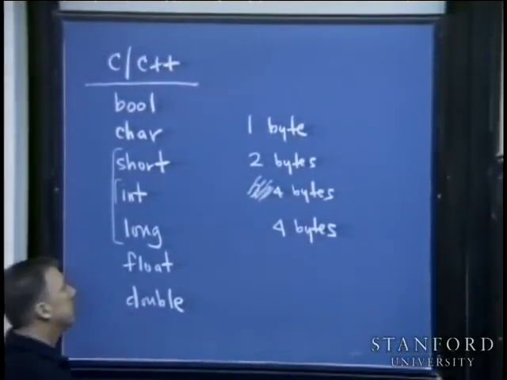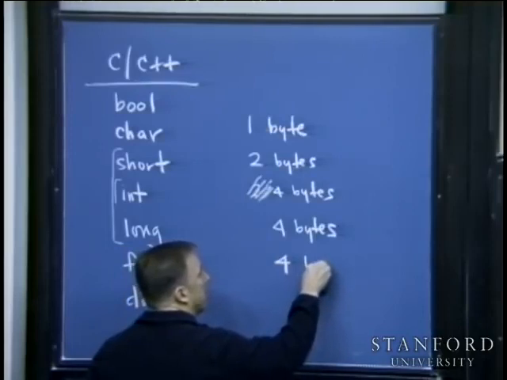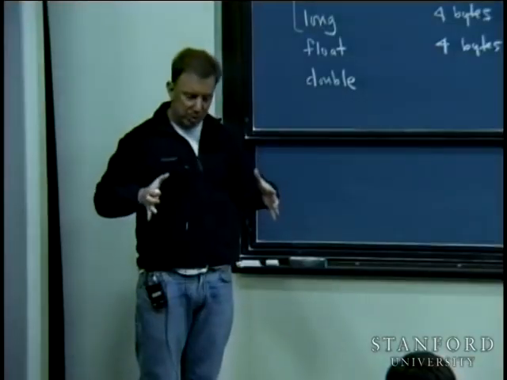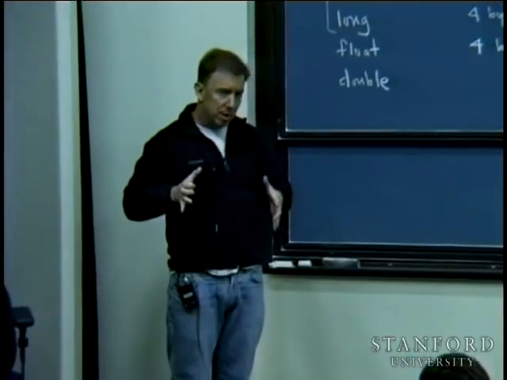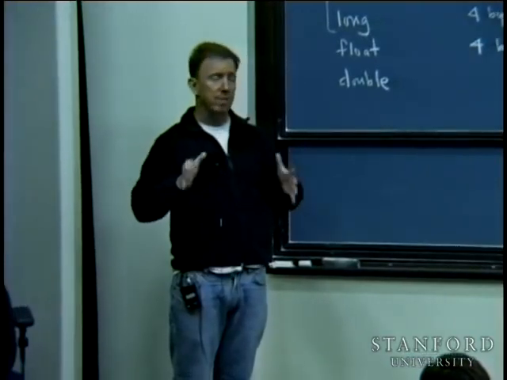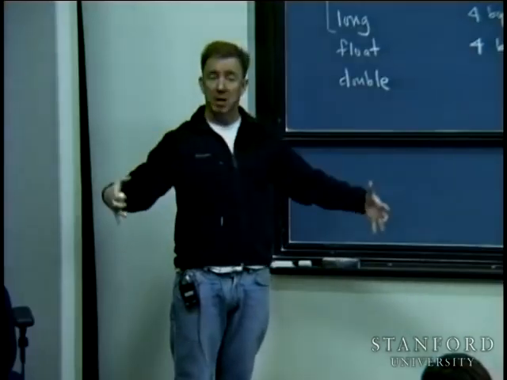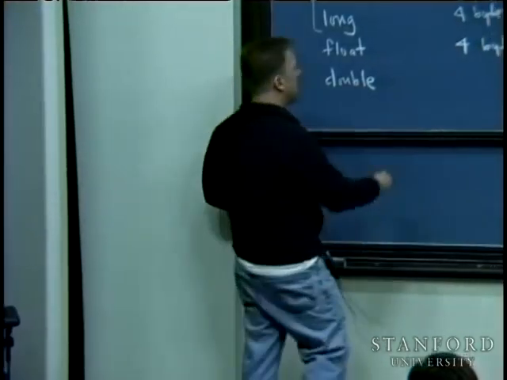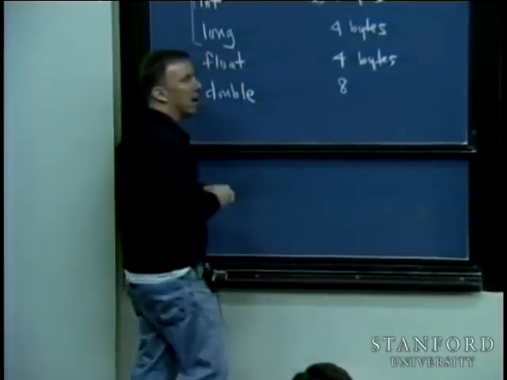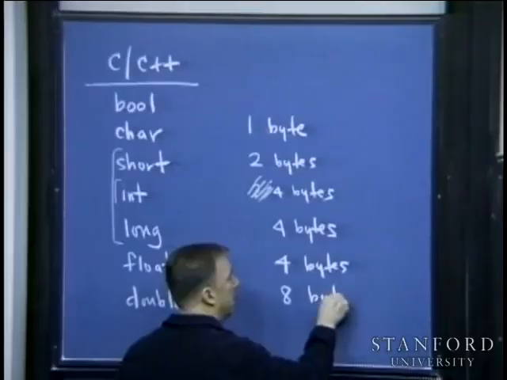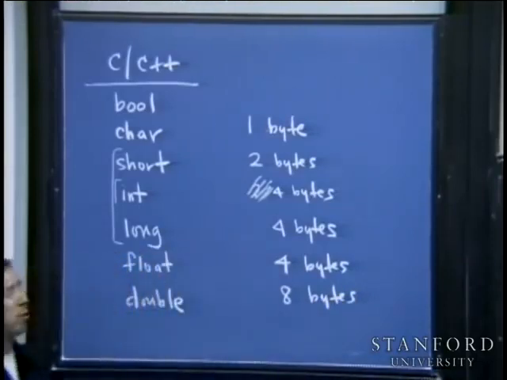The float is 4 bytes. It somehow tries to take 4 bytes of memory and represent an arbitrarily precise number to the degree that it can, given that it's using a finite amount of memory to represent a number that sometimes requires an infinite amount of precision. And a double, I've seen them 10 and 12 bytes on some systems, but we're just going to assume that they're 8 bytes. Now, that's the most boring spreadsheet you could possibly introduce a class with,